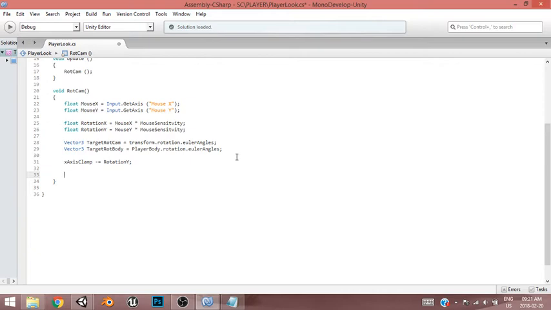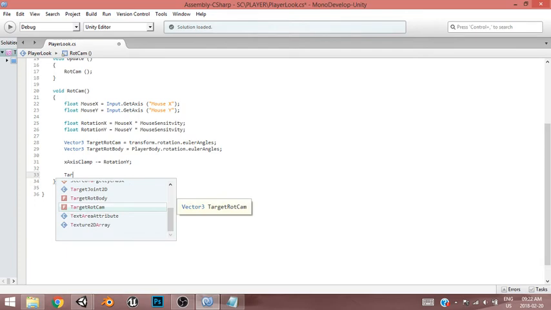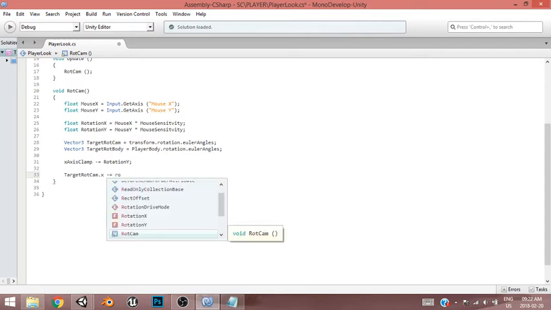Then you have to assign all the axes. So that's a basic thing. So let's start with the rotation. So targetRotationCamera.x is minus equal rotationY,